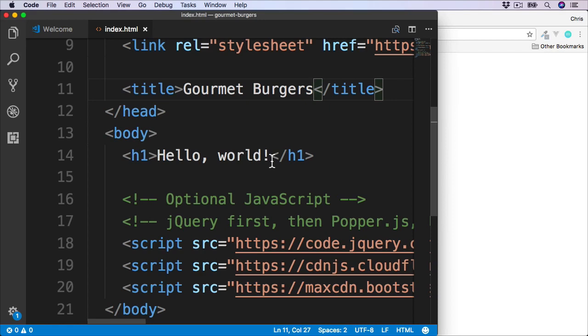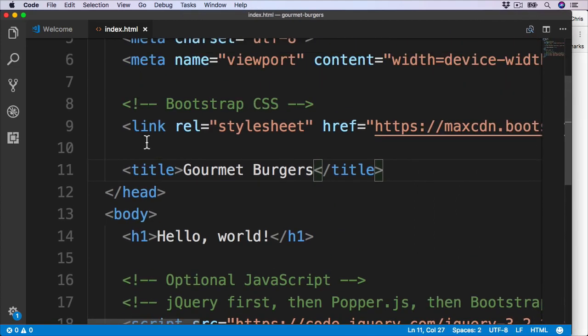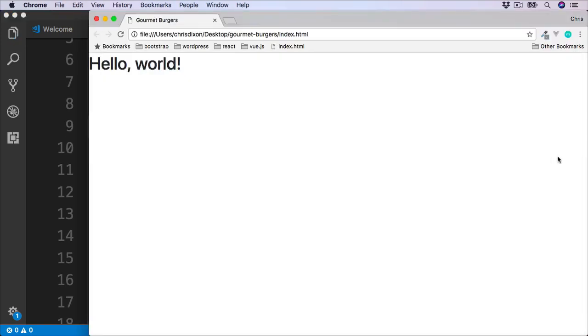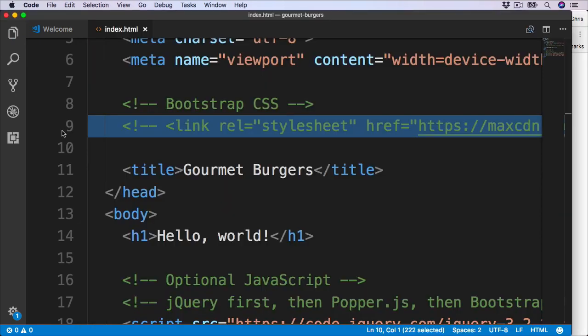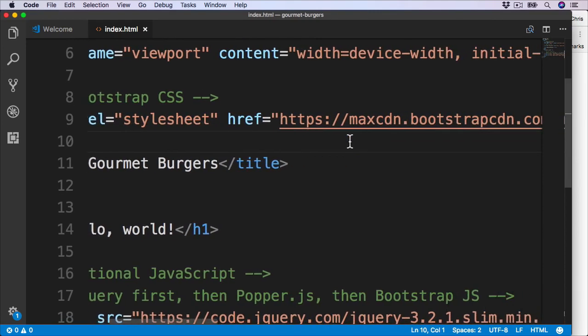We can see this if we comment out the CSS link in the head section. So the Bootstrap CSS is just here. So if we comment out this line and then refresh, we see the Bootstrap default styles have now been removed. So let's just remove this comment and add this back in. To see what's going on behind the scenes, we can take a look at the CSS provided by Bootstrap. If we copy this link inside the href,